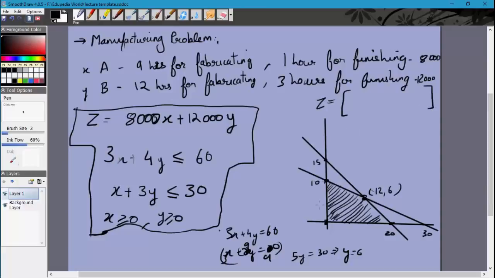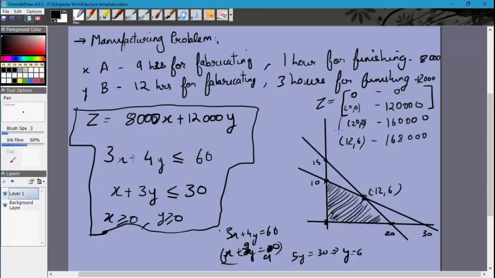So at the origin it would be 0. At the point 0, 10, x is 0 and y is 10. So we have 12,000 into 10. At 20, 0, we have x is 20, y is 0. So 20 into 8 is 160,000. And we have the point 12, 6, where if you try to calculate the value, it will come out to be